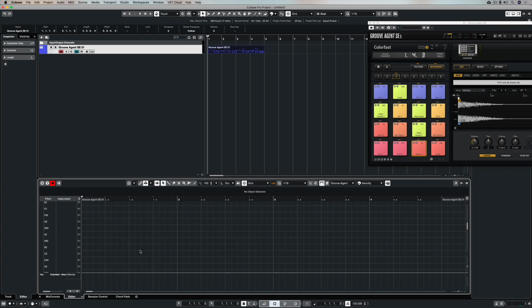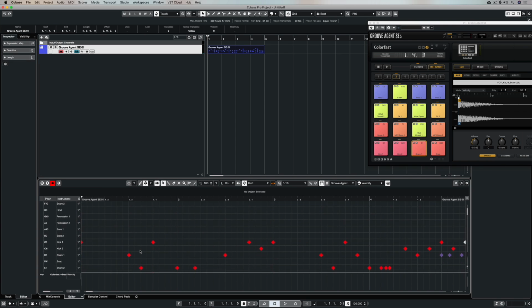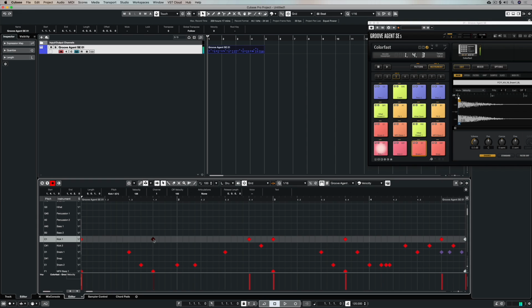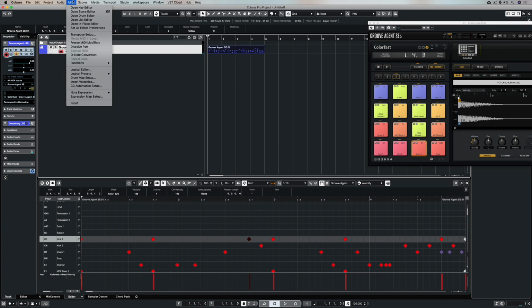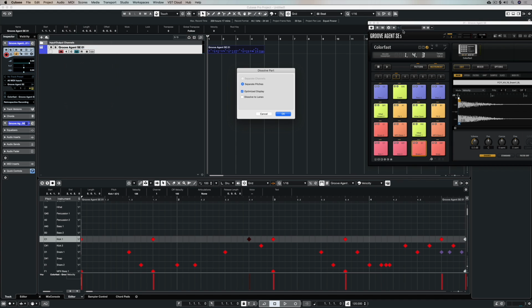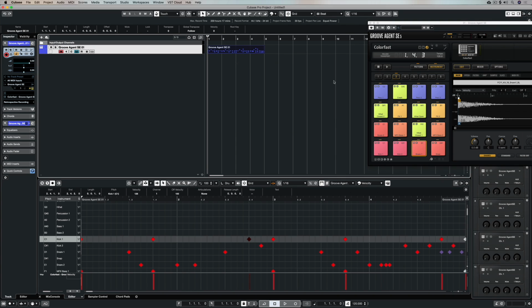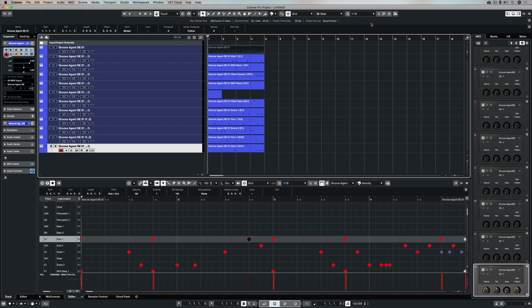We can actually separate all of these different hits or all of these different instruments into their very own MIDI event. So all the kicks can have their own kick event. We highlight the track, go up to MIDI, and simply select Dissolve Part. Make sure these two boxes are clicked, hit OK, and straight away Cubase is going to split all of those